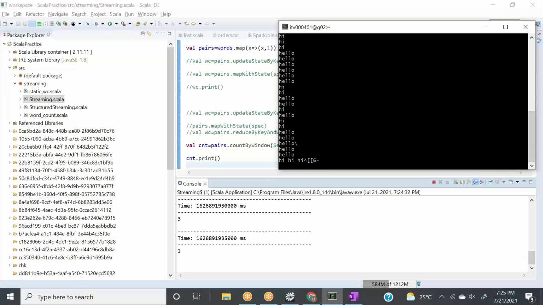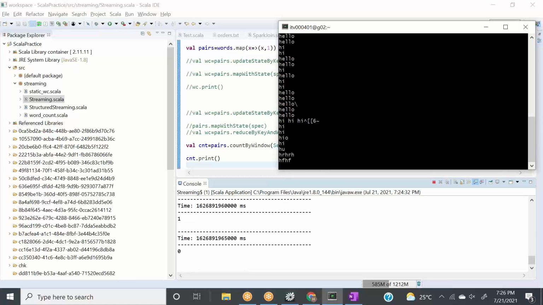Now what I'm trying to prove here, if I give hi hi hi hi, I'm just proving the concept of sliding of window. So now the maximum count is 7. It will start moving and sliding the window, and the events will be reduced now.